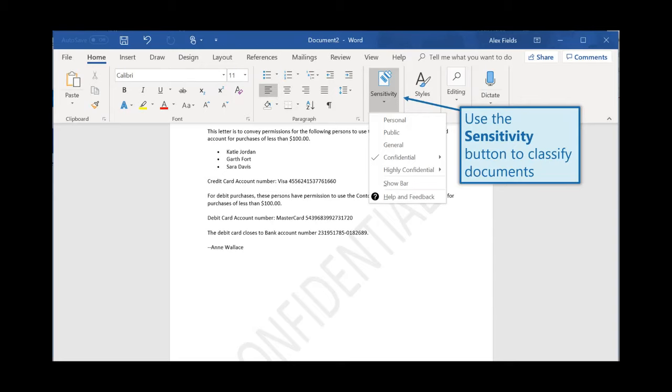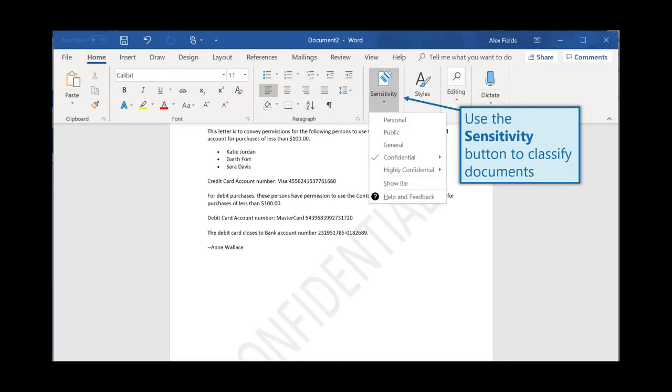So that even if a document accidentally got sent to someone, leaked outside the organization, or left on a USB stick that got lost on a bus and someone else picked it up, they couldn't actually open the document. Because the document contains encryption and is marked confidential, if they open it up, they're going to be prompted for their Azure Active Directory credentials. They have to be able to sign in to your environment in order to gain access to that